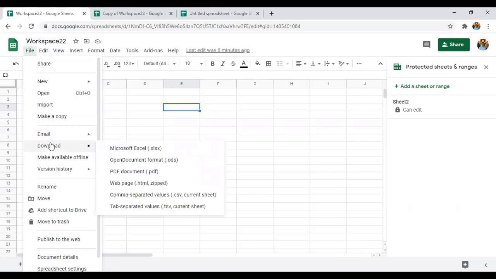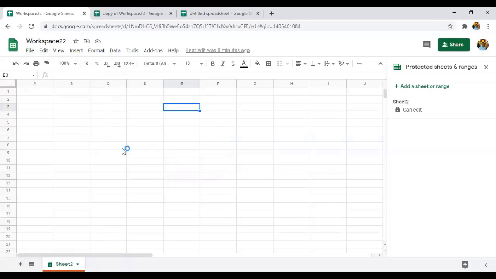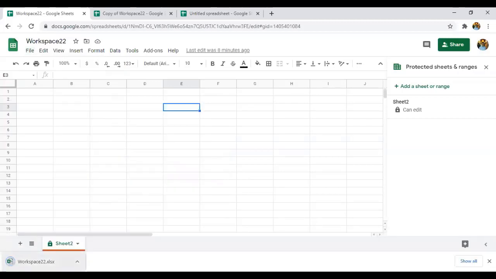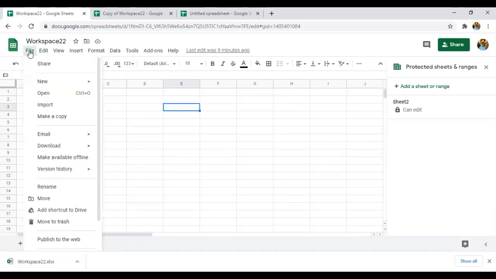And if you want to download the sheet that you are working on, as you know, the file has different formats. Here you have Excel, open document, PDF, web page, CSV. So these are the different types of formats. In whichever format you need to download the file, you can select it, and if you click on that, the file will be downloaded. See here, at the bottom the file has been downloaded, right? This is how we download the file.